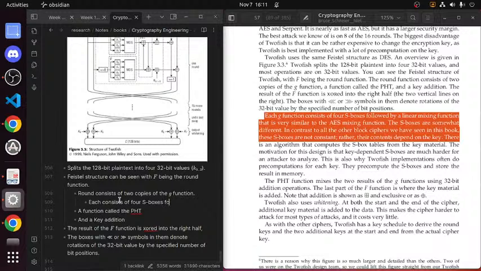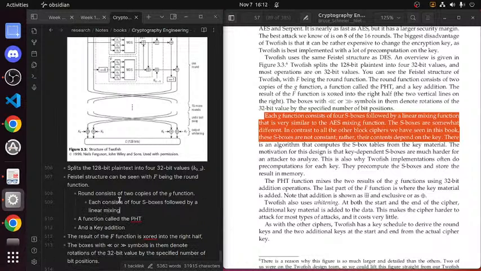Okay. So MDS is a linear mixing function, similar to AES mixing.